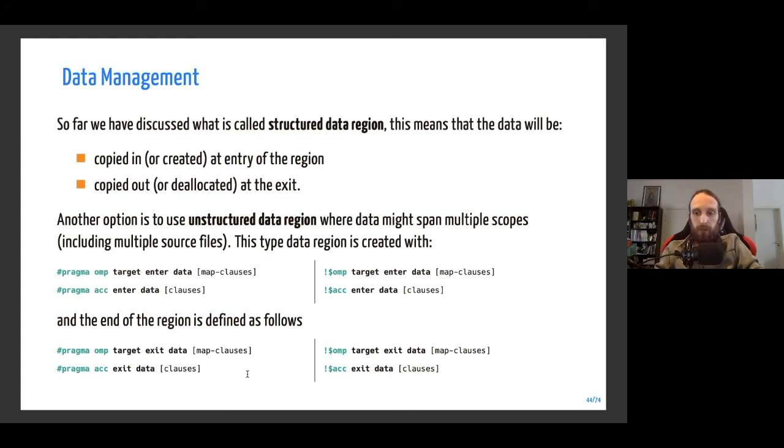Just to mention that these directives exist and that you can use them, but we will not go into the details, as this is mainly an introduction and an overview of what you can do using directives with OpenMP and OpenACC.